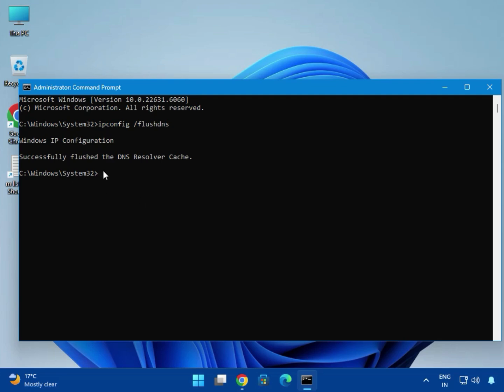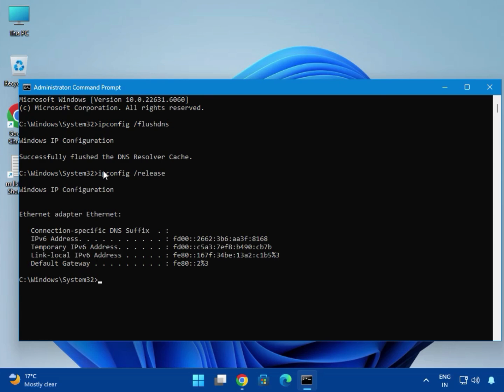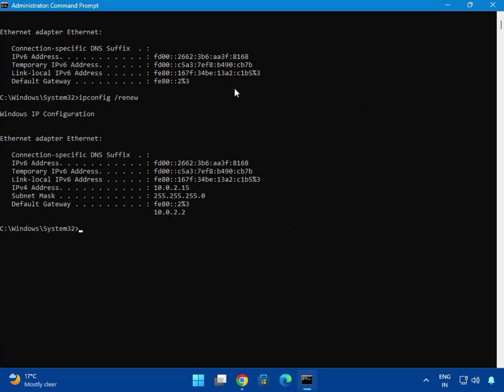Then again enter ipconfig space slash release, and then hit enter. Again ipconfig space slash renew, then again hit enter. Wait a few seconds, and after it is completed, then it is complete. Then last command, second last command,